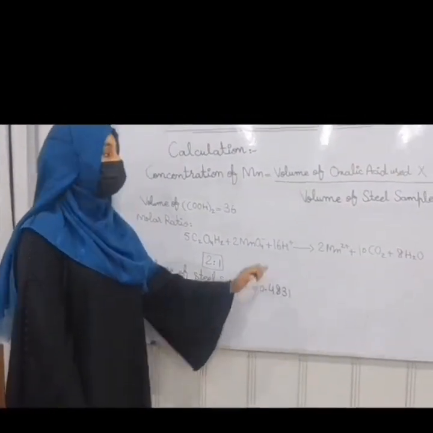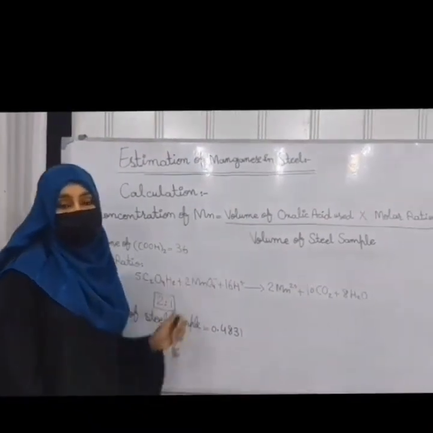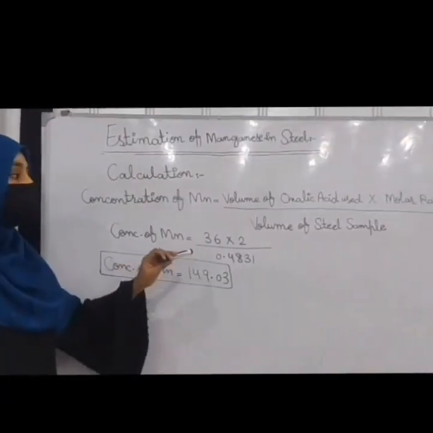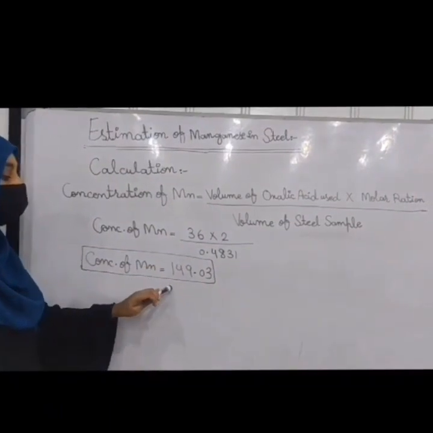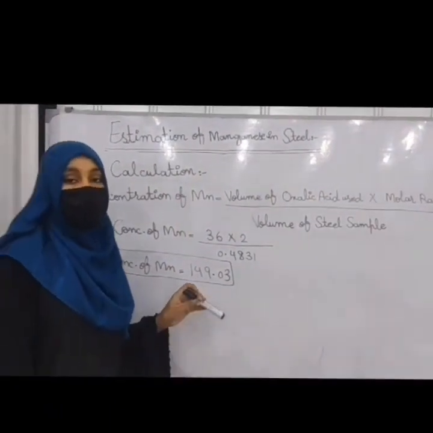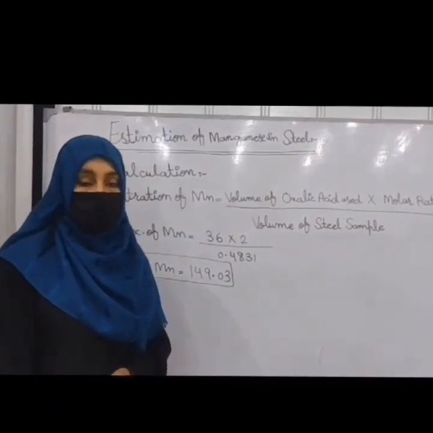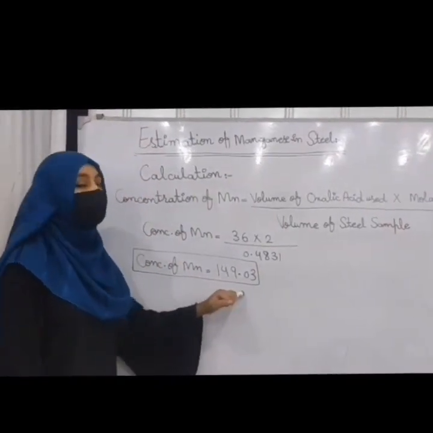Now we are putting the values in this formula. The values in the formula give 149.03 concentration. It means our sample of steel contains 149.03